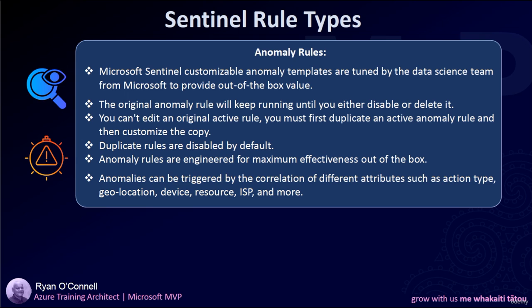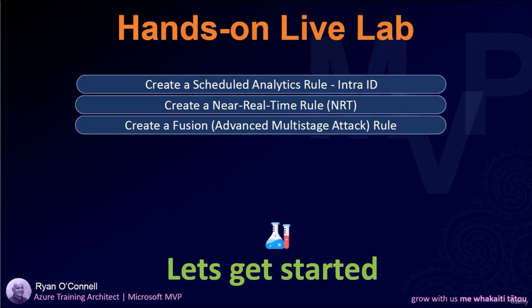And of course, anomalies can be triggered by the correlation of different attributes such as geolocation, device, resource, ISP, and more. So in our lab, as we go through our training, we're going to create an analytic rule for Entra ID, we'll create a near real-time rule, and we'll create a fusion rule. Again, this is just a very, very high level overview to get you familiar with what the rules are and what